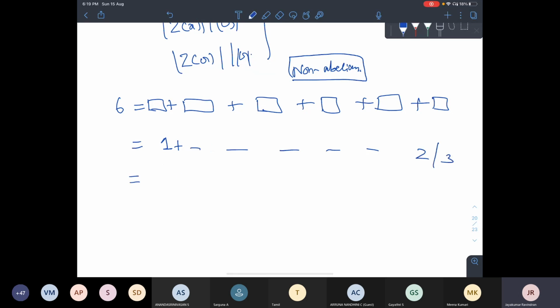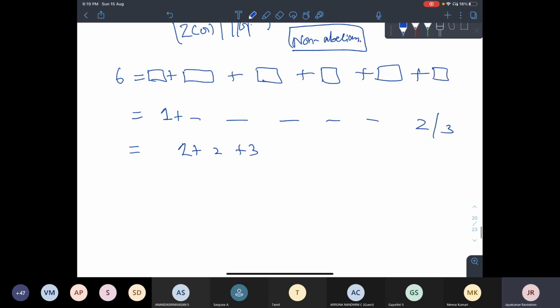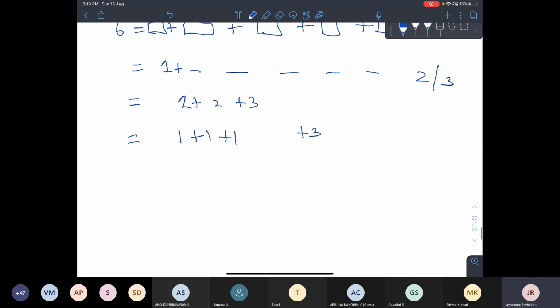So one way to do it is 1 plus 2 plus 3. This is one way. What is another way? Another way is, if I have another 1, and if I have a 3, I should have another 1. If I have a 2, then 1 plus 2, 3 cannot come. Then I have to have a 2. Then I have to have a 1. Is it correct? Okay, it's not correct. Sorry. No, sir. Last one. No. So I have to have a 2, 2. Yeah. So these are the possibilities.